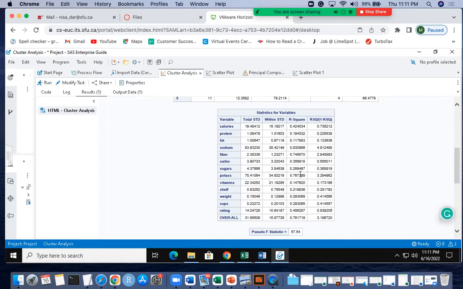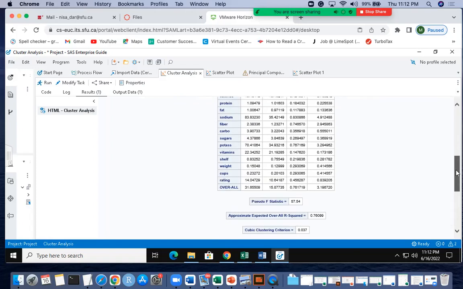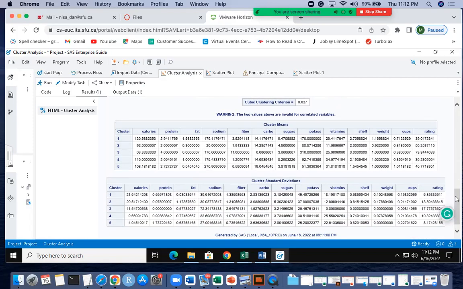Next table shows the stats of variables. I checked manually by using Excel that the standard deviation for each column or attribute given by SAS is correct. You may ignore the remaining 3 columns for now. Cluster means, this table is the most important to characterize the clusters. For example, cluster 3 has the highest mean consumer rating,